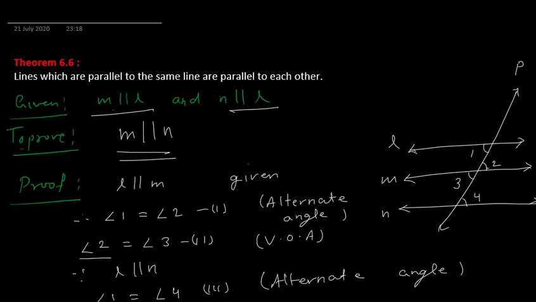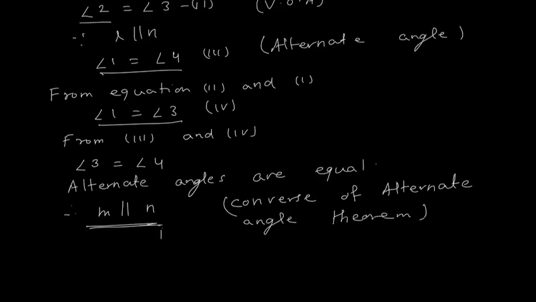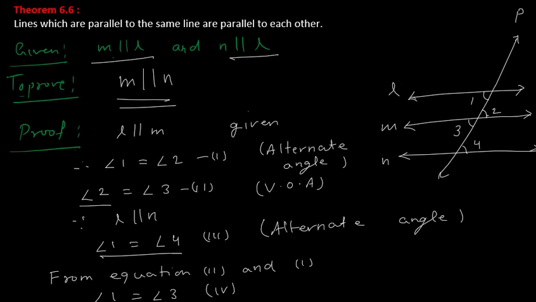What is given? L and M parallel and L and N parallel. We have proved that M and N parallel. That means all these three lines, they are parallel to each other. L is parallel to M, M is parallel to N, L is parallel to N. Right? Simple. So like that also you can prove, you can give simple nomenclature to angles like 1, 2, 3, 4 or x, y, z, and by that you can prove.